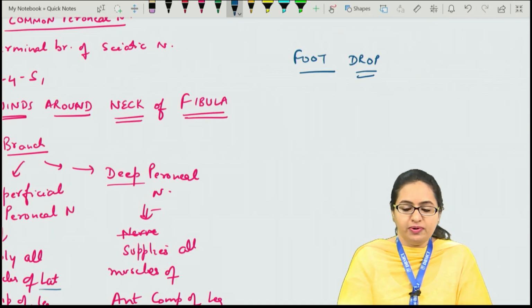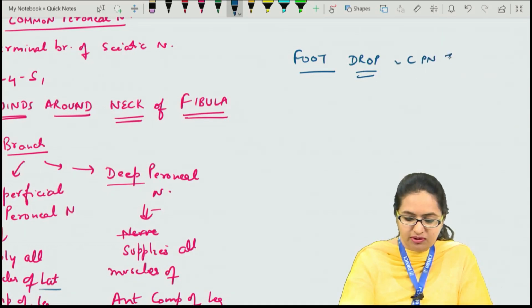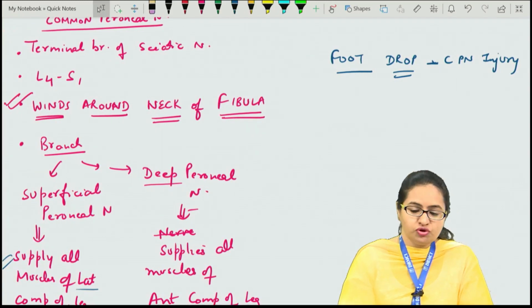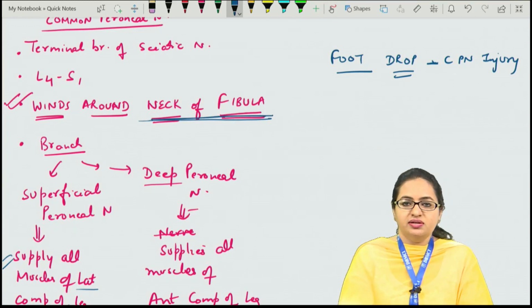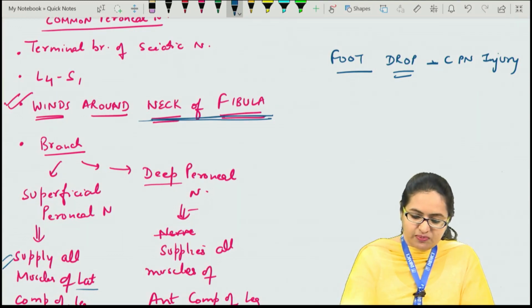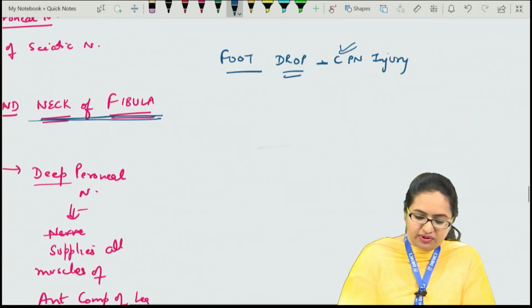So when we talk about foot drop, it is due to common peroneal nerve injury. The injury is most commonly at the level of the neck of the fibula. Either there will be injury at this level, or compression over this level, like compression by a tight plaster. So whenever this happens, there will be a lesion of the common peroneal nerve, and it will lead to